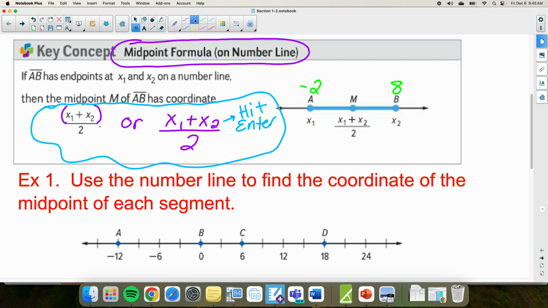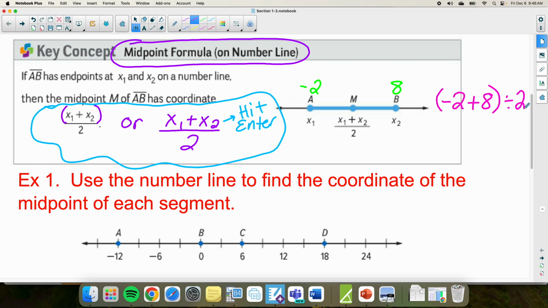Okay. All right. So when you go to do this problem, you can either go on your calculator and go parenthesis -2 plus 8 parenthesis, and then just hit divide by 2. That's one way that you can do that. The second way, and the way that I generally do it,